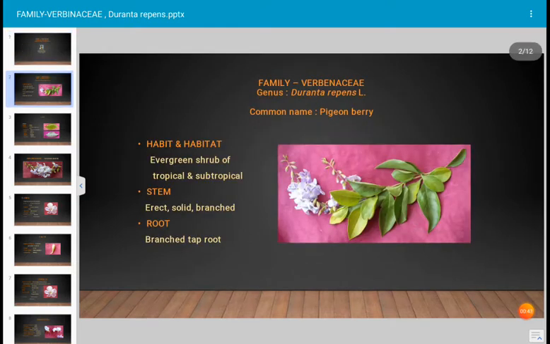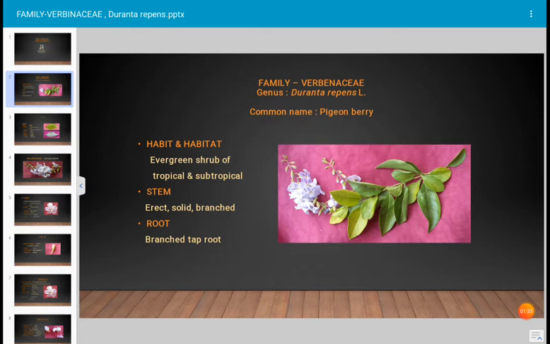Next slide. It is an ornamental plant having a perennial habit. This plant, Duranta repens, is an evergreen shrub, sometimes showing a weeping habit. The name weeping is used for those plants having drooping stems. The common name of this plant is a very interesting name. The common name is forget-me-not, and it is also called golden dewdrop. These are the common names. Pigeon pea berry, honey drops. Several common names are there.